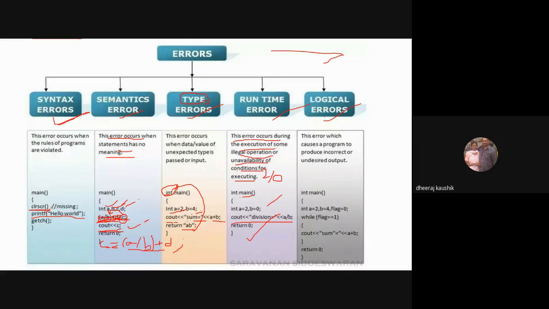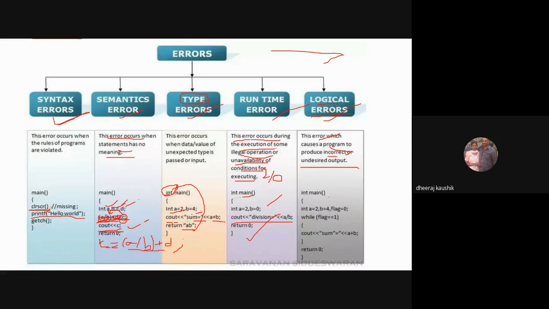And the fifth type of errors are the logical errors. These are the type of errors you get when you don't calculate the thing you want. Suppose you want to calculate the sum of two numbers, but in the program you have written a program for the product of two numbers, right? So you will never get both values equal, except in some special cases. You'll be getting the product of those values, and you will be expecting the sum of those values, which are never actually equal. So this is an error which causes a program to produce incorrect or undesired output, right?